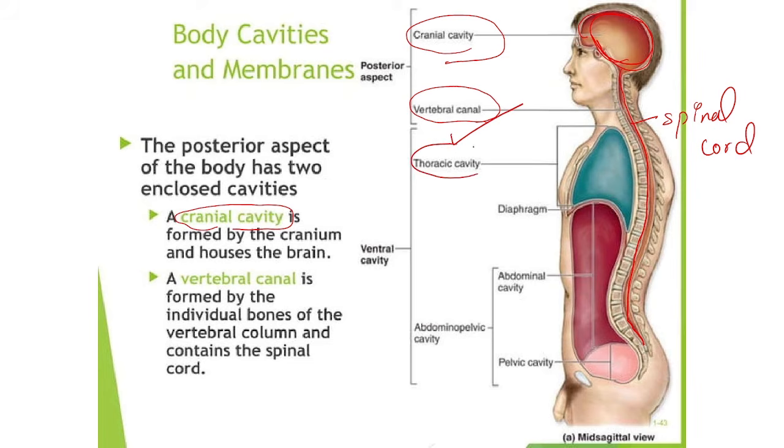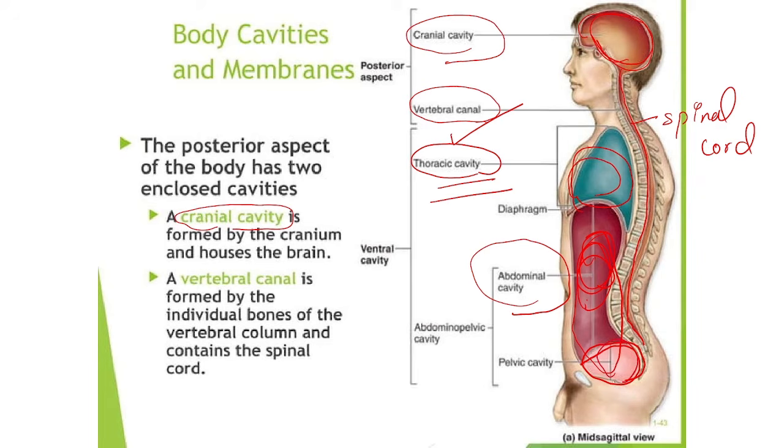Another one is the thoracic cavity, where our lungs are located. That's the chest cavity. Next, further down the body, there is a space called the abdominal cavity. All abdominal organs are located in this space only, so it is known as the abdominal cavity. Next, in the lower part of the abdominal cavity, one more space is there, that is the pelvic cavity. Different types of reproductive organs are located in the pelvic cavity only.